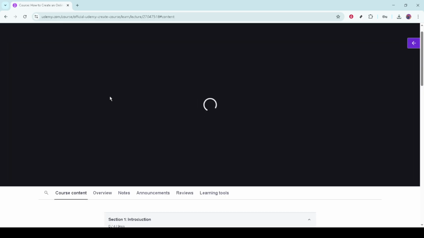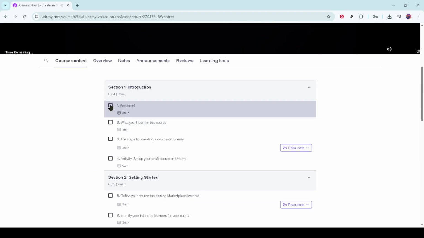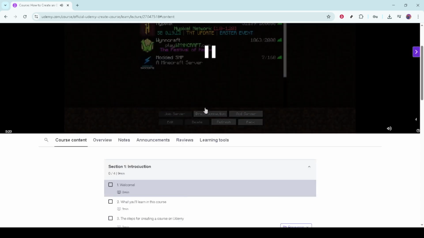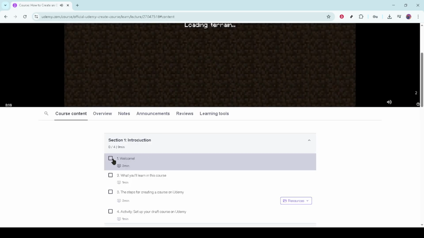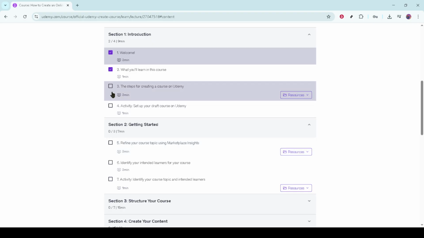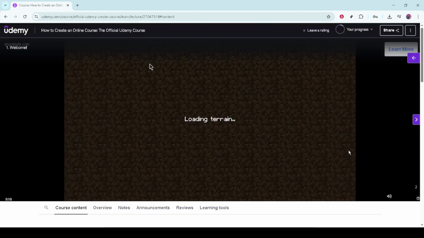Find a checked box next to a lecture you've completed and click it. You'll notice that the checkmark disappears, leaving the box blank. This simple action resets that specific lecture's progress status, updating your overall course progress percentage as well. Remember, you might need to reset multiple lectures if you're looking to start from near the beginning or across various sections. Simply repeat the process for all the lectures you wish to revisit. It's straightforward, but a bit of manual work. So make sure you're double-checking the lectures you really want to reset.